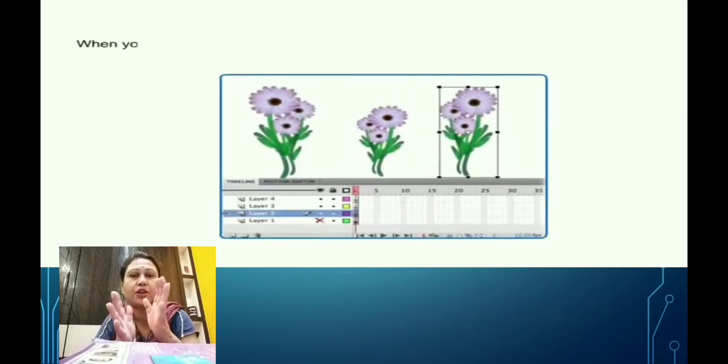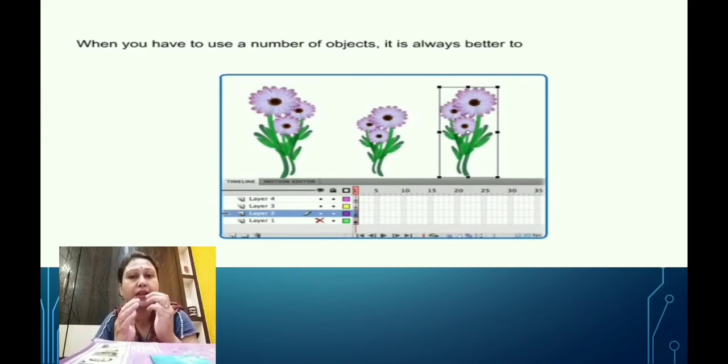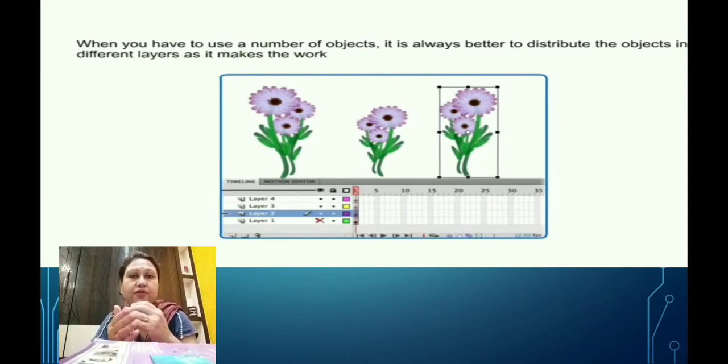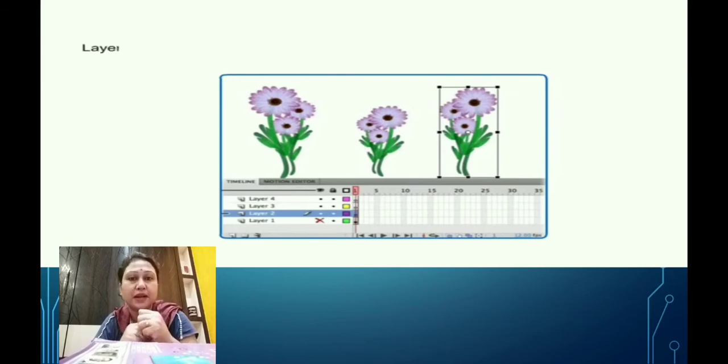Say for example you are creating a big animation movie, or a big animation where you have a number of objects. It is always better to distribute the different objects in different layers. That means we can draw different objects and whatever pictures you want in different layers. Why is it so? Because it makes our work much easier.